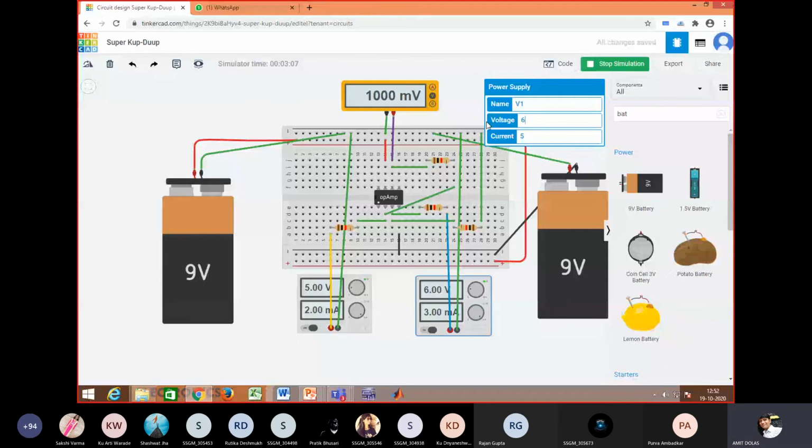It becomes somewhat complicated to make this circuit on mobile, because mobile has a very small screen and no mouse, so we have to do this with our finger, so it will be somewhat complicated. I'll not say that it is very easy on mobile, but this is free, online software that is available and can be used on a mobile phone as well as on a PC as well as on a tablet.